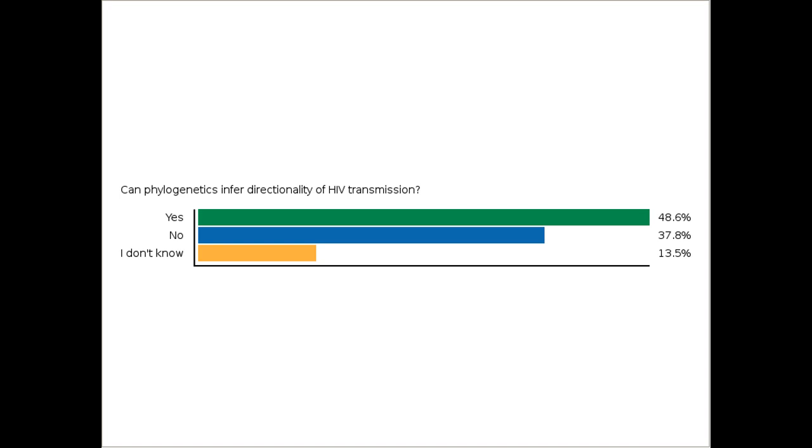So the people who said no were correct. With the current technologies, we are not able to infer directionality on HIV transmission. So I think that's an important misperception that we want to be able to correct, because for most research, we're not interested in directionality. And I think that when we get to the public health section at the next webinar, it'll be important to listen for the CDC to discuss this. But the protections are different in these situations.